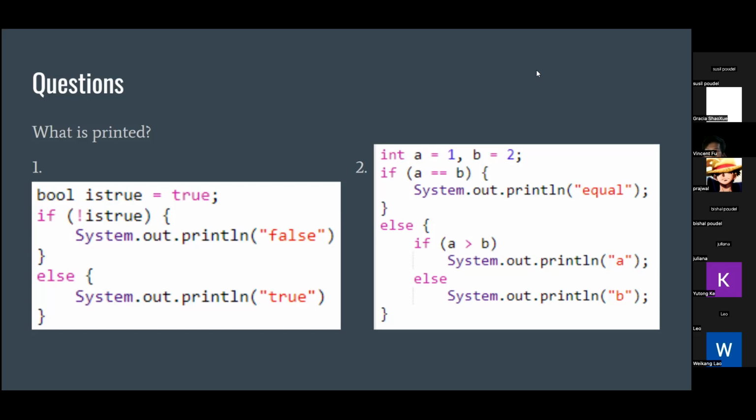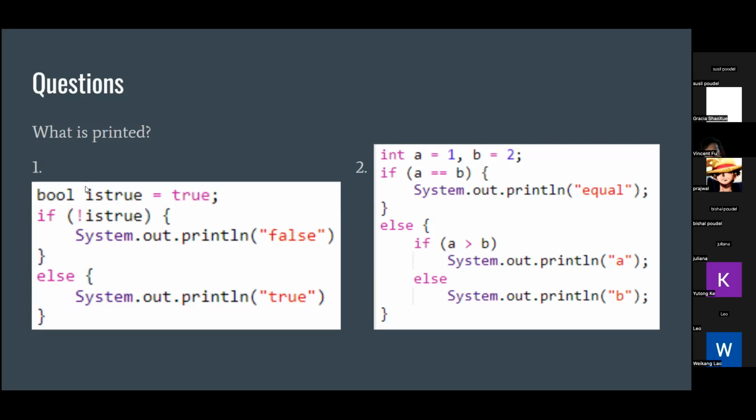Are you talking about number one, the one under number one? Do you think number one is true? Yes. Oh, okay. So here's where you actually got tricked. The answer to number one is actually false because you can see that there's an exclamation mark next to is true, which means if not is true.